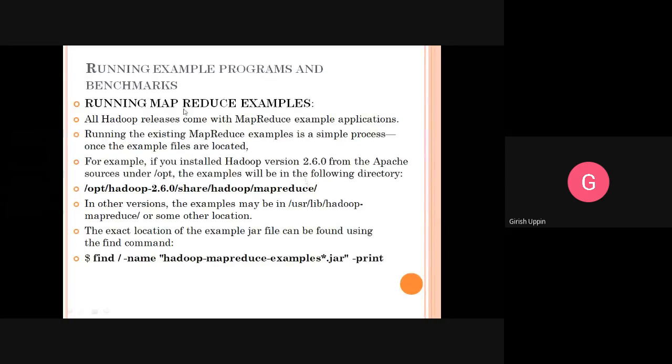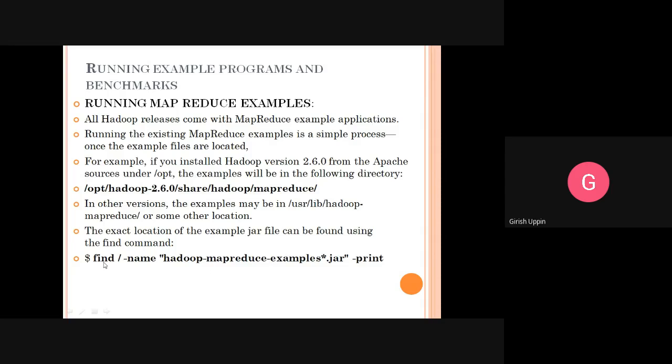Running MapReduce examples. All Hadoop releases come with MapReduce example applications. Running the existing MapReduce examples is a simple process once the example files are located. So how do we locate the example files? I told you, you can use the find command. This is how the command is.